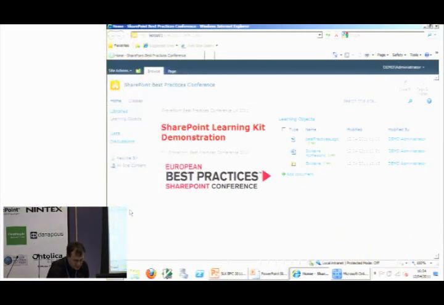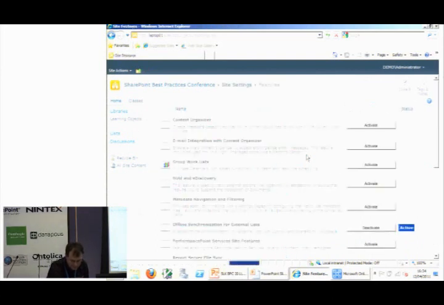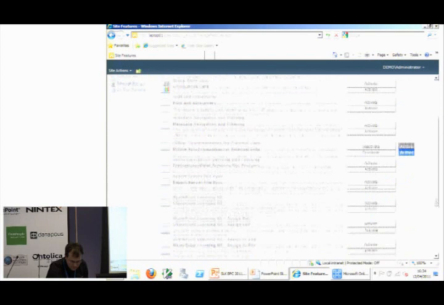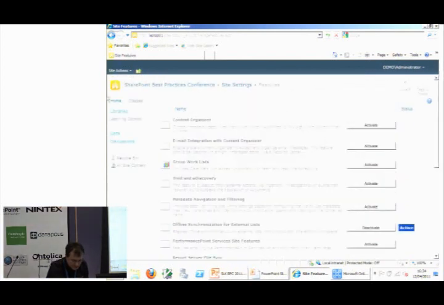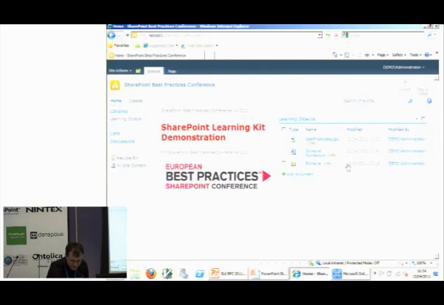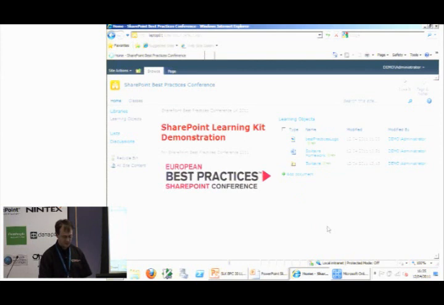So we go to Site Settings and Manage Site Features. We can then activate SharePoint Learning Kit, go back to the home page, and then all the documents on the document library. We've now got Elearning Actions. And this is a piece of text that you couldn't change before, so fairly naff piece of string really. You can now change that to whatever you want if you want to. So click on that,